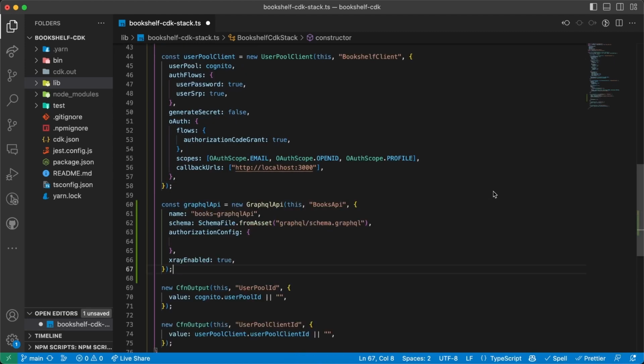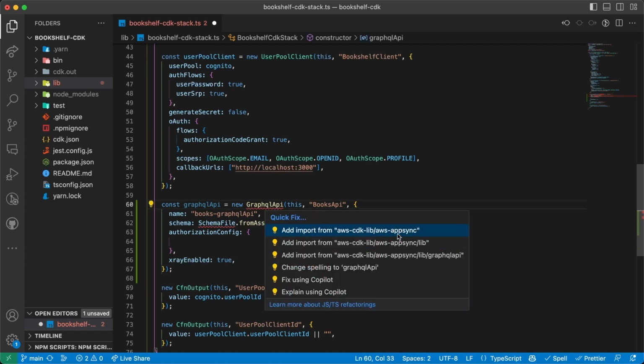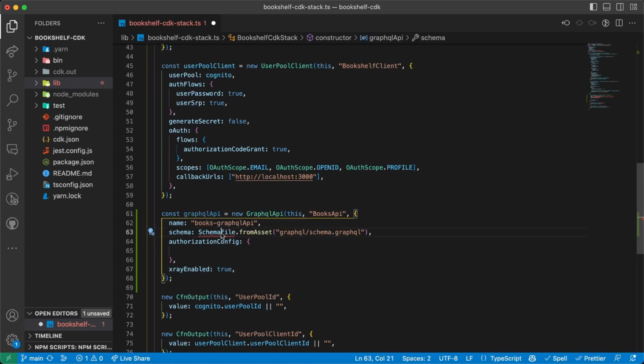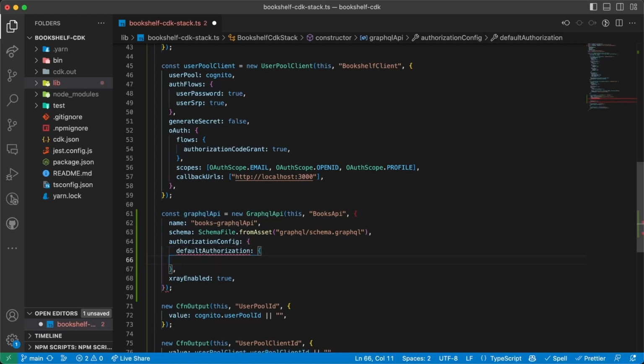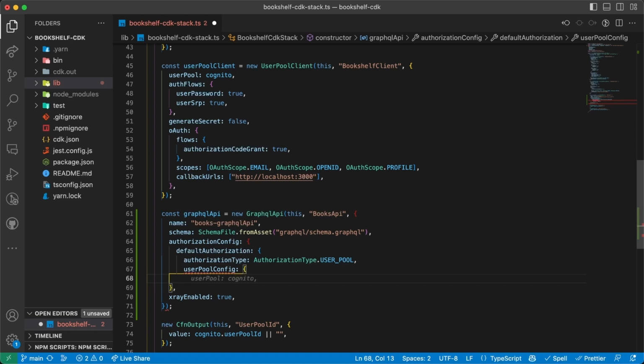And then here we're just going to be creating a new GraphQL API, which we can import from AWS AppSync. And this is how the setup is going to look like. We're going to have a name, a schema, which will point to GraphQL/schema.graphql. And then our authorization config is going to have a default authorization, which we're going to set the authorization type to authorization type, user pool. And we're going to have a user pool config, which will take in our Cognito user pool as the property